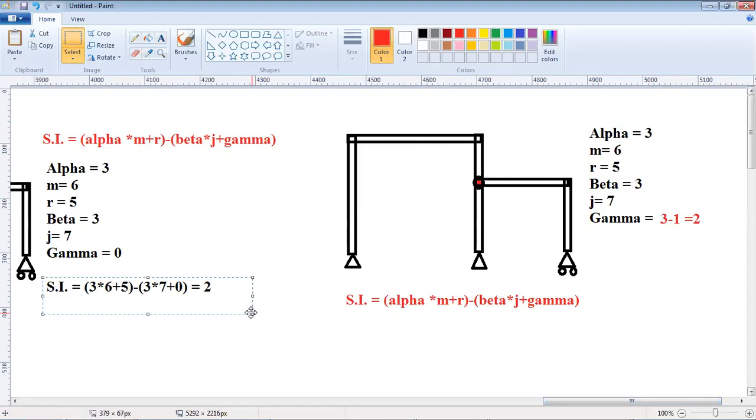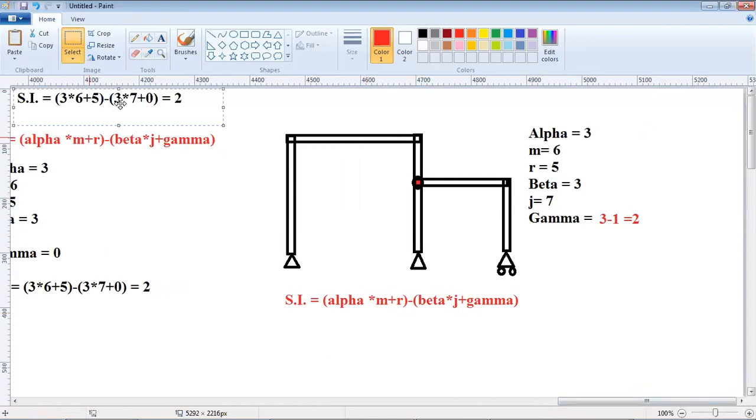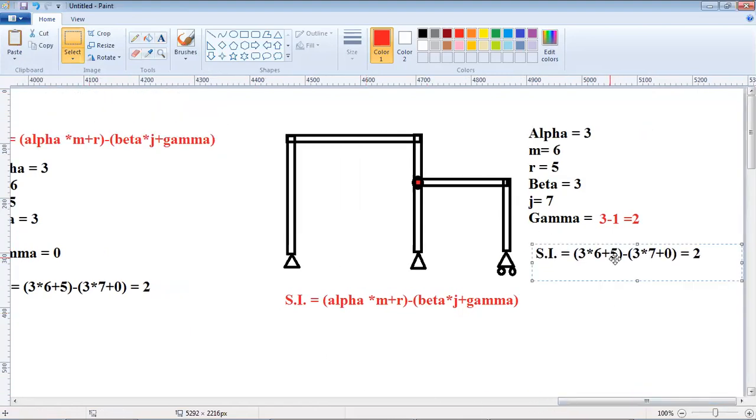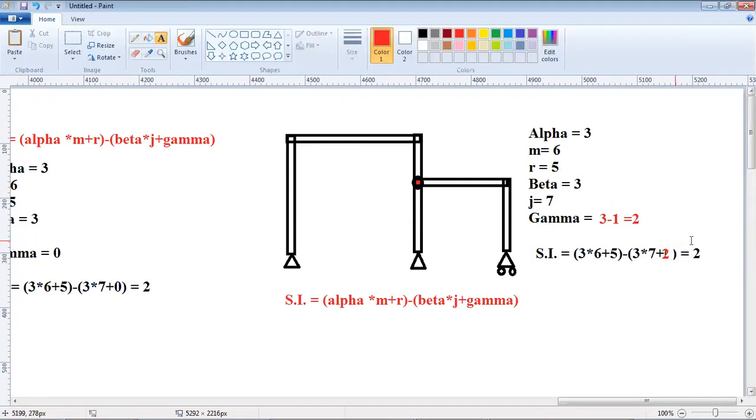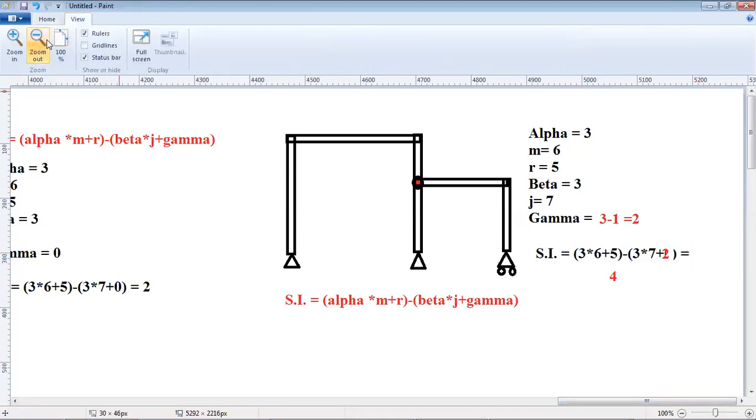So the static indeterminacy value would be 3 into 6. So this here would be 2. This is 2 here. So total it becomes not 2, it becomes 4. So next we move to